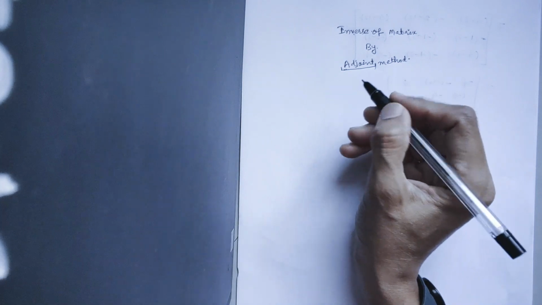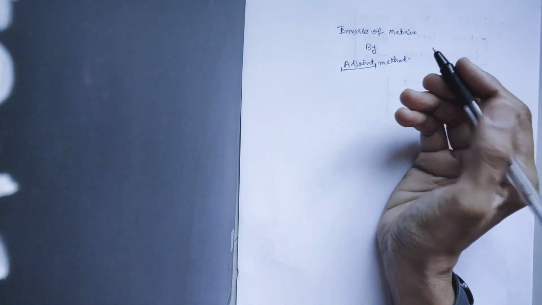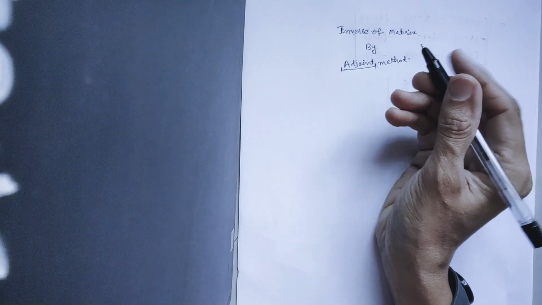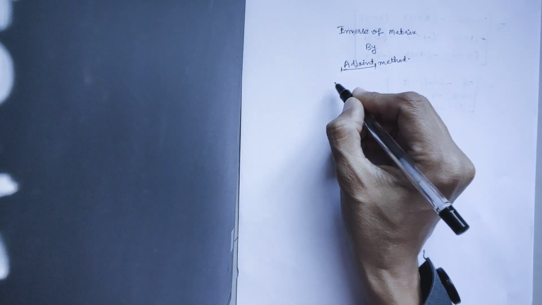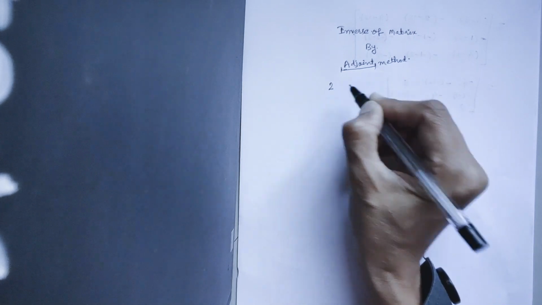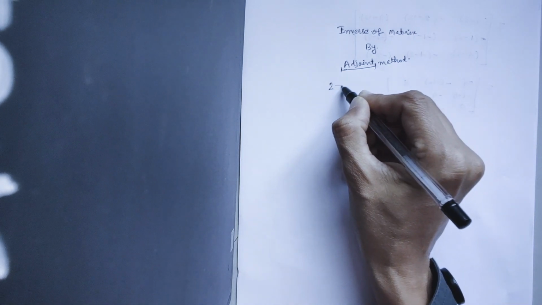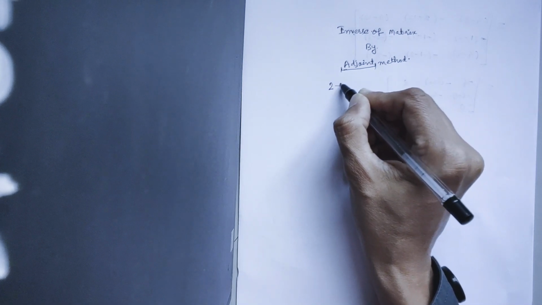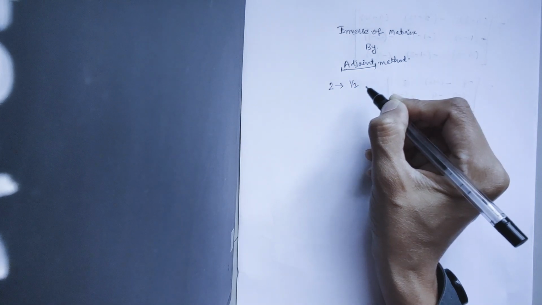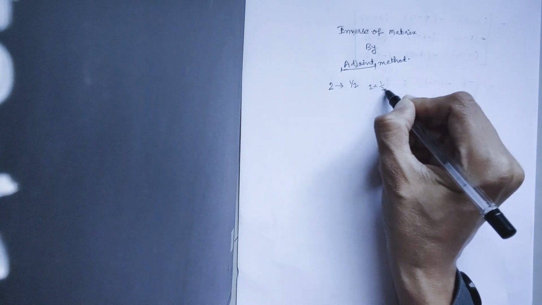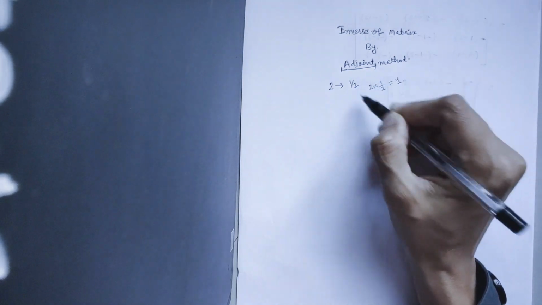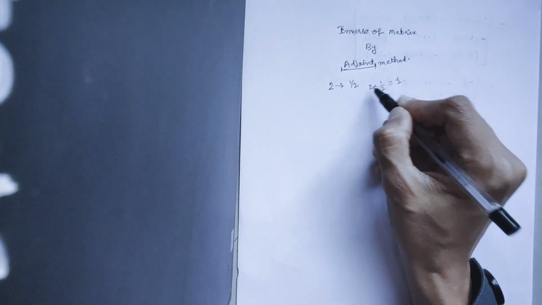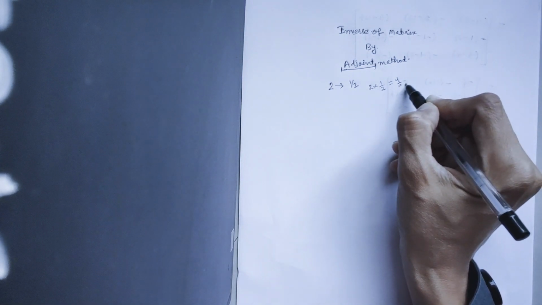So what is the inverse? What is inverse of a matrix? Inverse of number, what do you understand by inverse of number? Suppose 2 is a number, then one by 2 will be its inverse, because when you multiply 2 and 1 by 2, you will get answer as 1. So the definition of inverse is whenever you multiply the number and the inverse, you always get answer as 1.